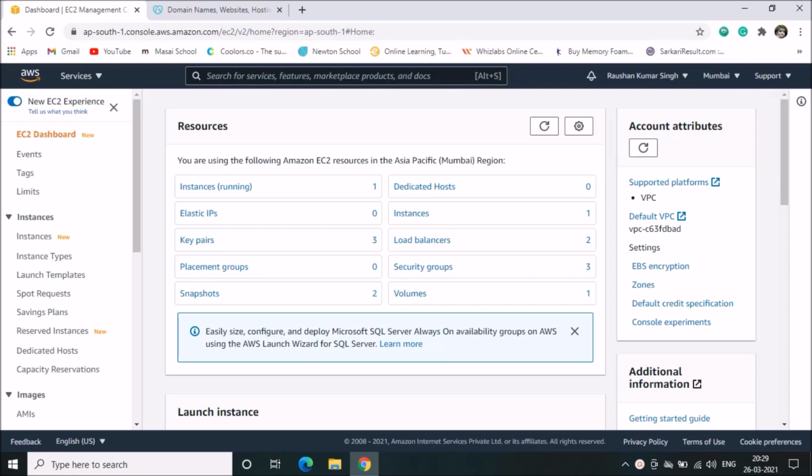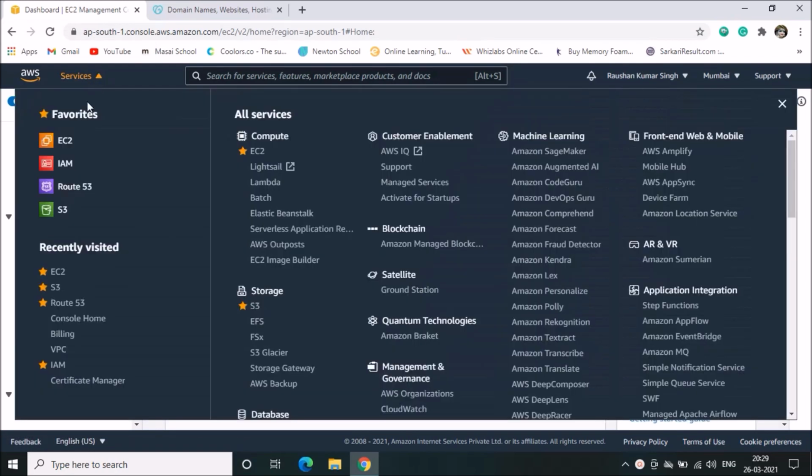Hi, today we will see how to host a website on a Linux server. Here we will take the Ubuntu server. We will add the SSL certificate, load balancer, and the server we will take is the Ubuntu server, and we will upload the static website there. But in your case, you can upload your own website or code.